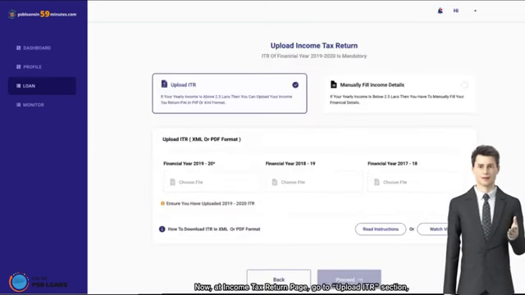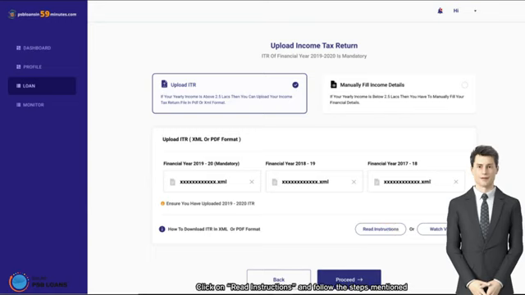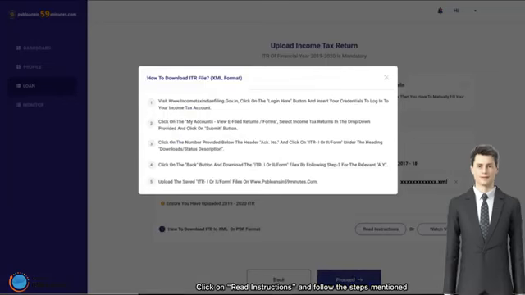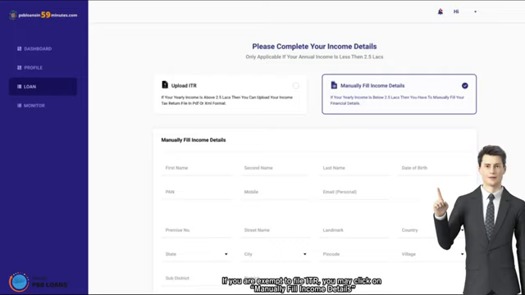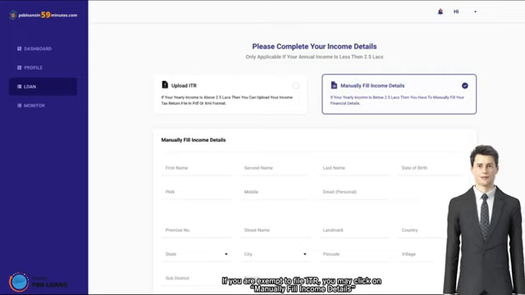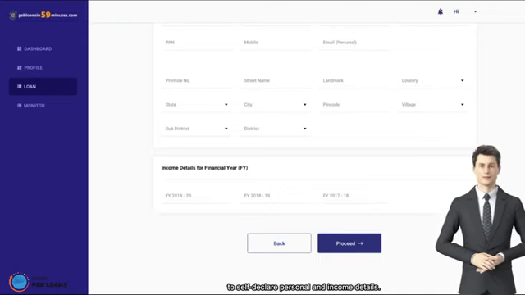Now, at income tax return page, go to Upload ITR section to upload latest ITRs of up to 3 years in PDF or XML format. Click on Read Instructions and follow the steps mentioned in order to download ITR in PDF or XML format. If you are exempt to file ITR, you may click on Manually Fill Income Details to self-declare personal and income